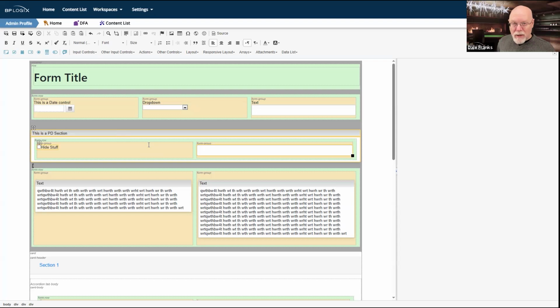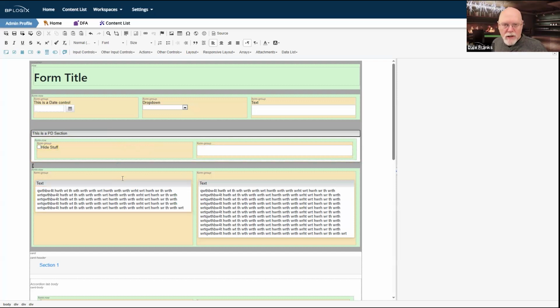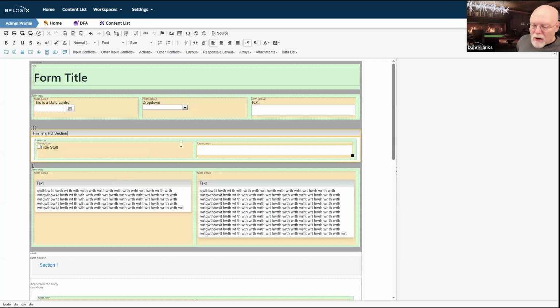Inside the section, because remember, the section is nothing more than a div control, just like all of the Bootstrap controls. So it is a container which I can throw other div controls inside. And in this case, because I'm going to display form fields, then inside my section, my Process Director section control, I'm just going to throw in my form row. And inside the form row, as I've done here, I'm just going to throw in two form groups to display those two controls inside the section. And they'll display fine.